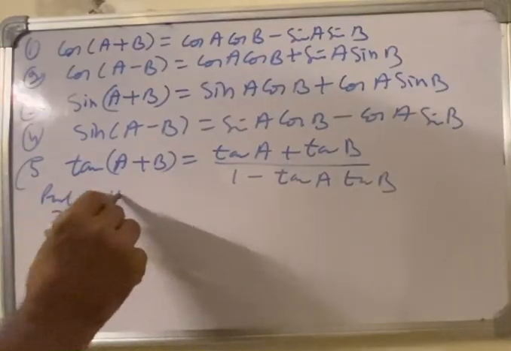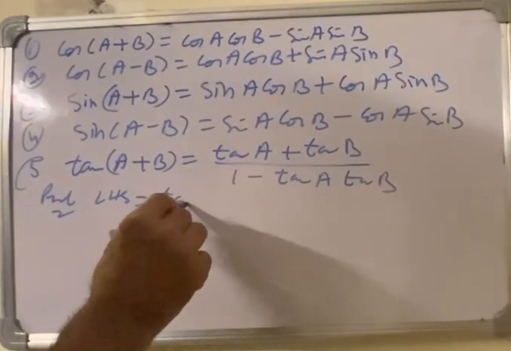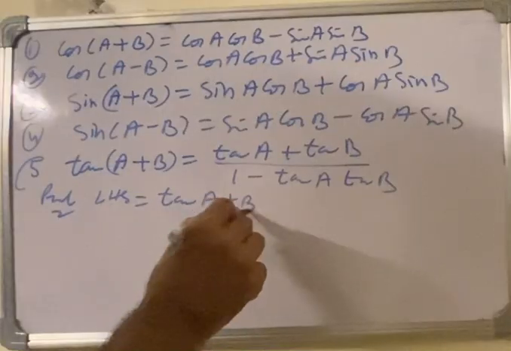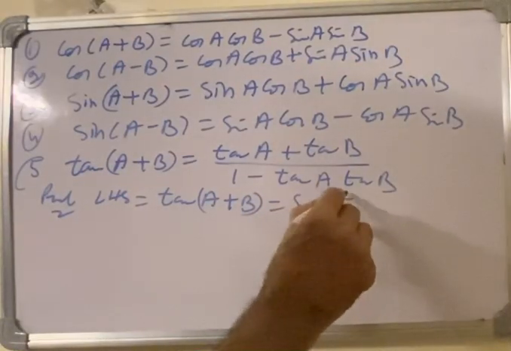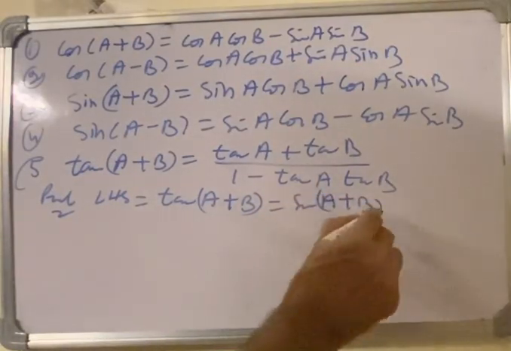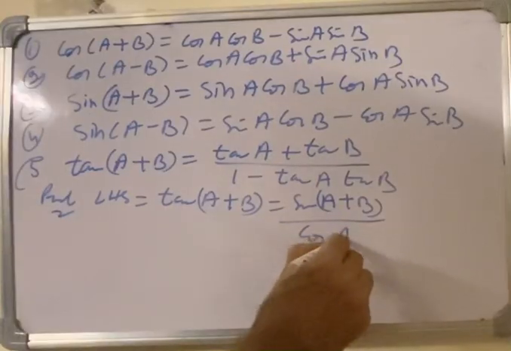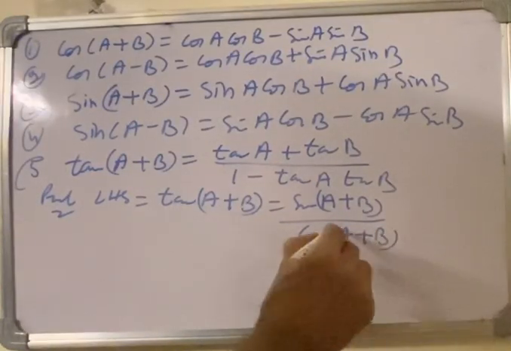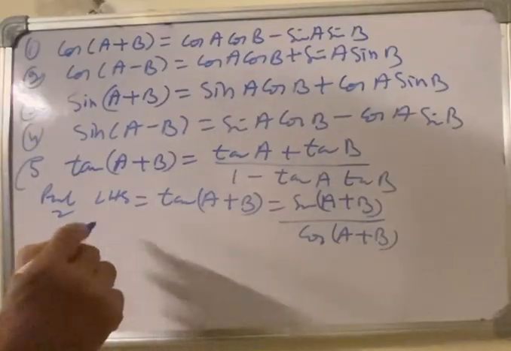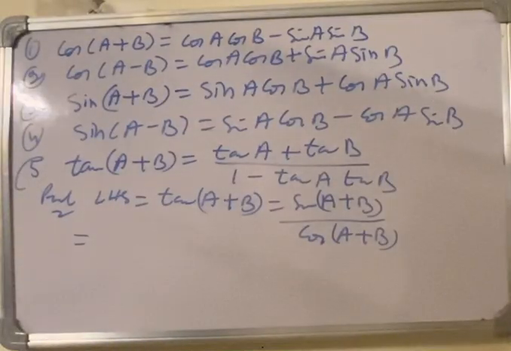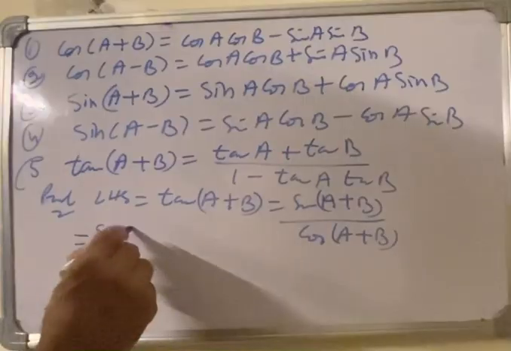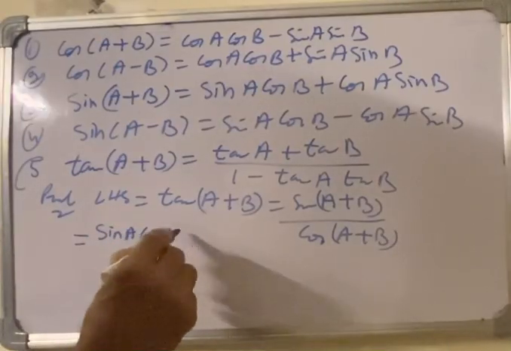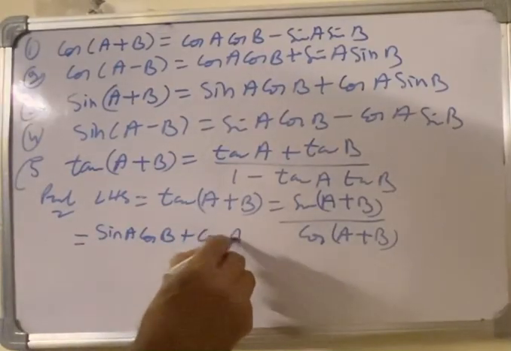Left hand side, we have tan A plus B is equal to sin A plus B over cos A plus B. Then we can apply this formula. First and third, sin A plus B is sin A cos B plus cos A sin B